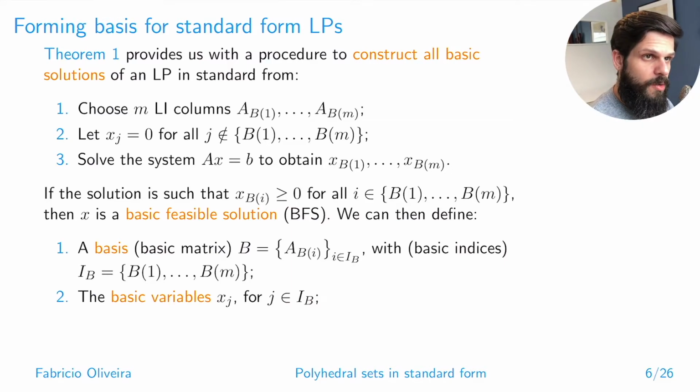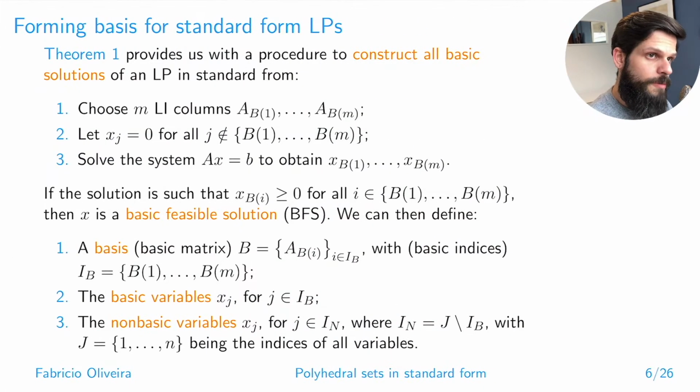So a basic variable is a variable that is selected in the basis. So it's a variable with the index that is in the set. And if you have a basic variable, you also have a non-basic variable. A non-basic variable is simply the variable that is not selected to be in the basis. So it's going to be those variables for which you're going to have the value set to 0. And it's basically the collection of the variables set minus, so this is the set difference, minus the indices of